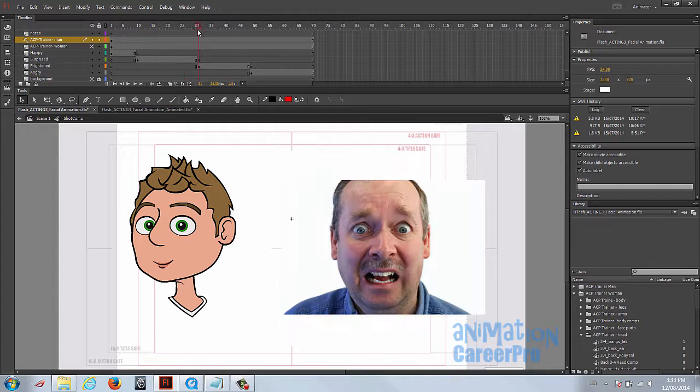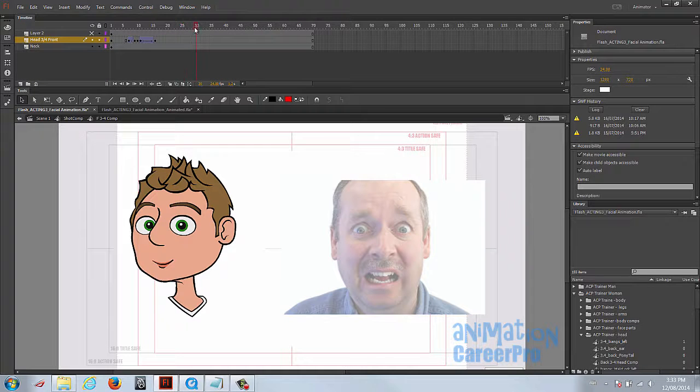Check out when the next image changes. It's changing at around frame 31. You can see it here. Let's go back inside, and we'll have the head turn around right at frame 31. So we know that we need 2 frames of anticipation first, so we'll go back to about frame 29, set